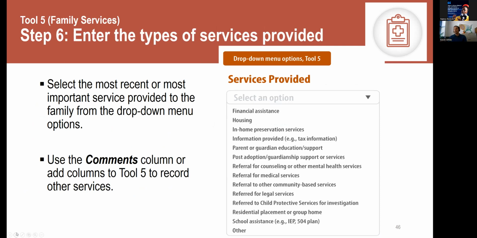The title of this slide is Step 6, Enter the types of services provided. On the right-hand side of the slide is an image depicting the column in the spreadsheet, which prompts the user to identify services provided from a drop-down menu with response options: financial assistance, housing, in-home preservation services, information provided, like